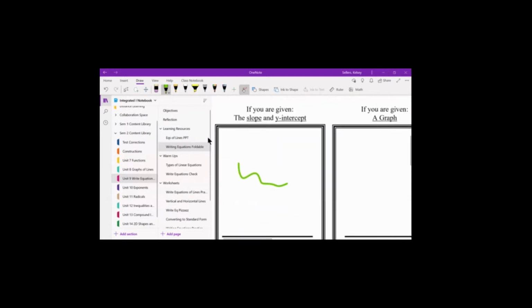Yeah. And then they can take notes here. If they have a stylus, I have kids that are really, really good at taking notes on the screen, since ours are touch screens. The next thing I do is I put our warm-ups, which